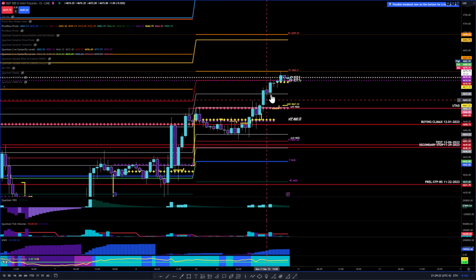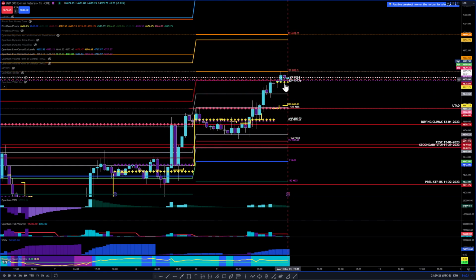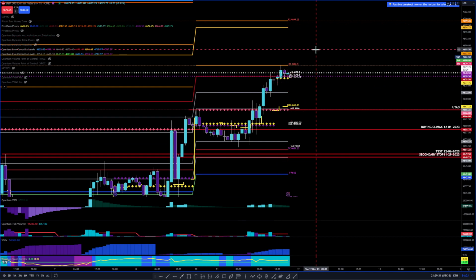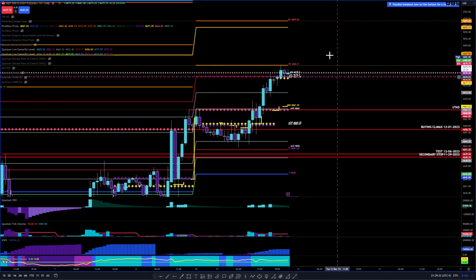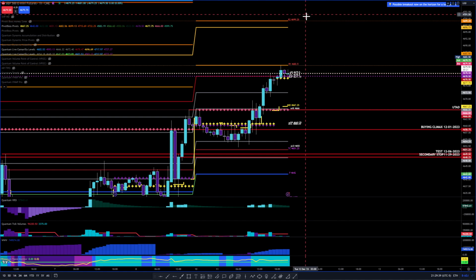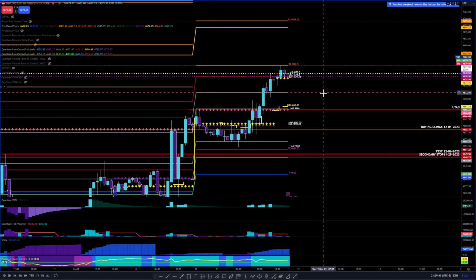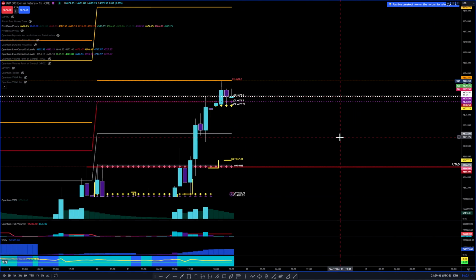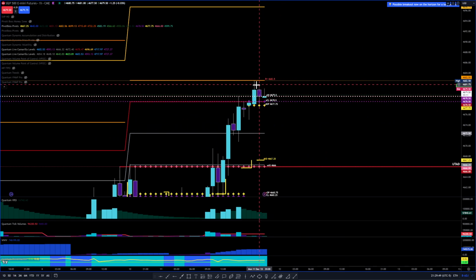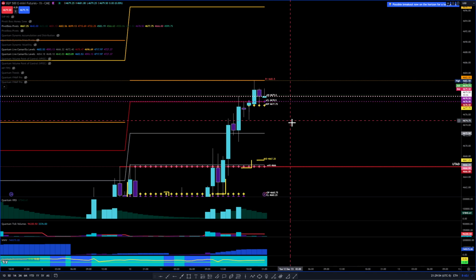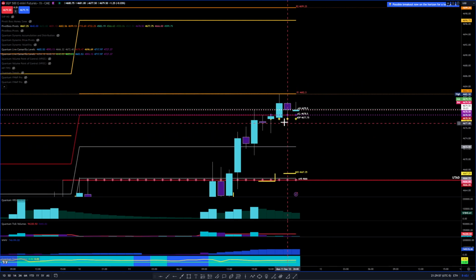So this is looking good for a breakout of Camarilla R3 all the way up to Camarilla R4, which is at 46.96.75. So those are just some levels to pay attention to. R2 is at 46.99.25. So if you get the support here above Camarilla R3, let me make that a little bigger. If you get the support here, now we're already seeing rejection at Camarilla R1. We touched it, right? We came back, we got support here at Camarilla R3, right?